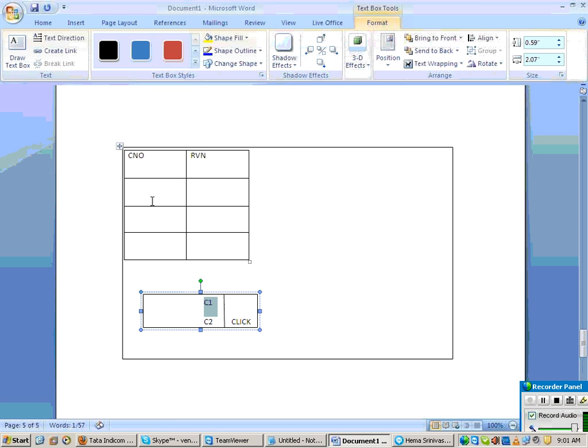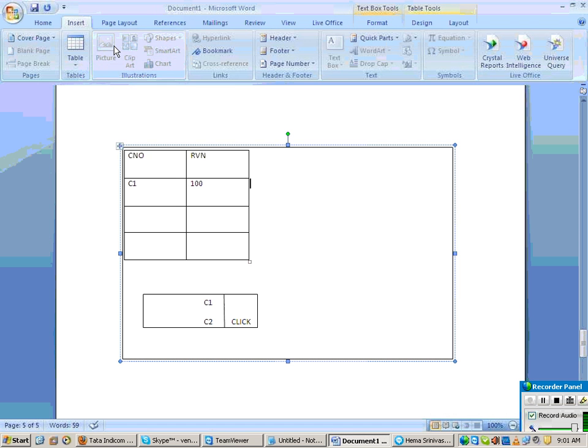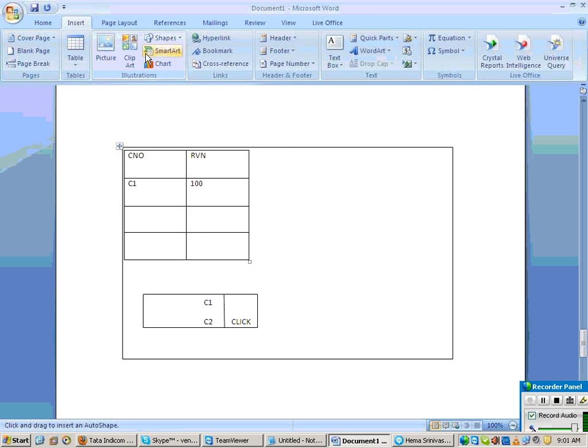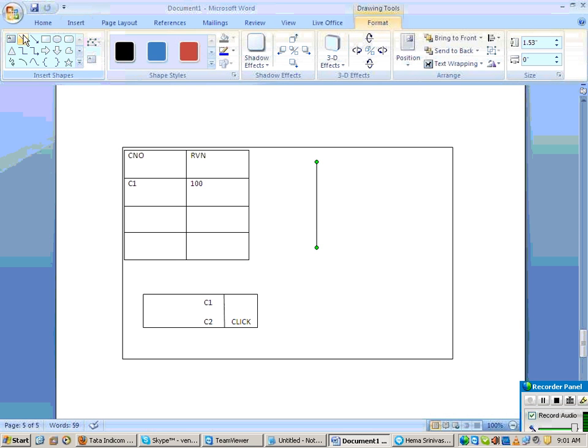Suppose in this drop down box, if I understand the logic, or let us say on this particular side I want to see some graph. Below this graph, I need to have some radio buttons.